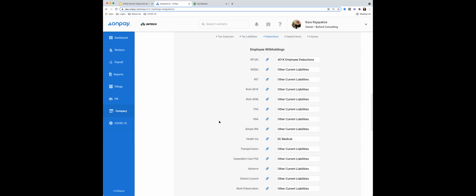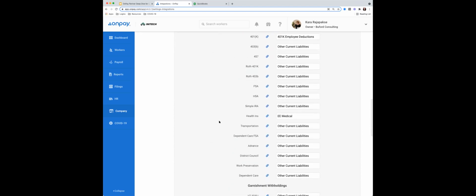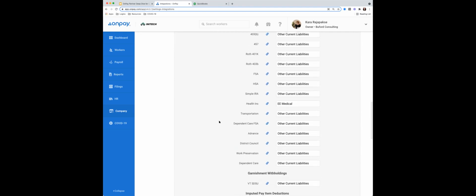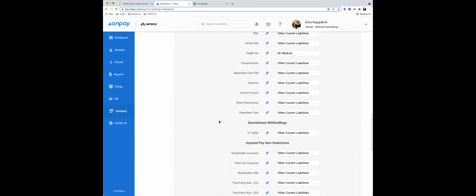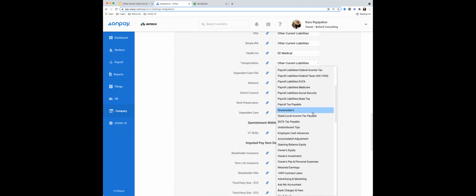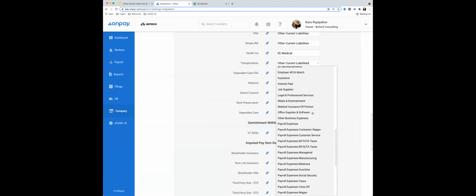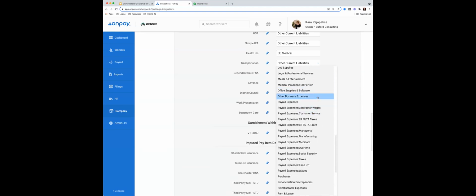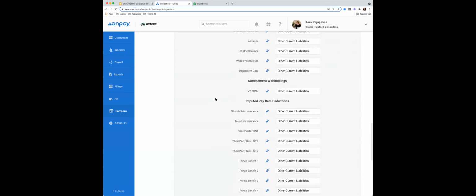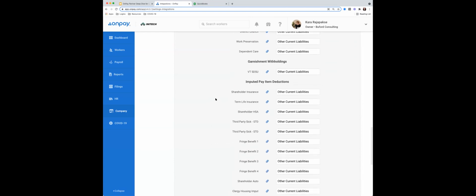So these are just employee deductions. Again, Kara has literally every deduction in her account, so it's a lot more than probably your client accounts have. And again, you can send these to a liability, or you can also send them to an expense account if you prefer to do a contra expense for your accounting purposes. So you could do that if you wanted to. But we send the information over as the employee deduction, and those items do remain as liabilities in your GL so that you can make those payments for the things we don't make payments on.